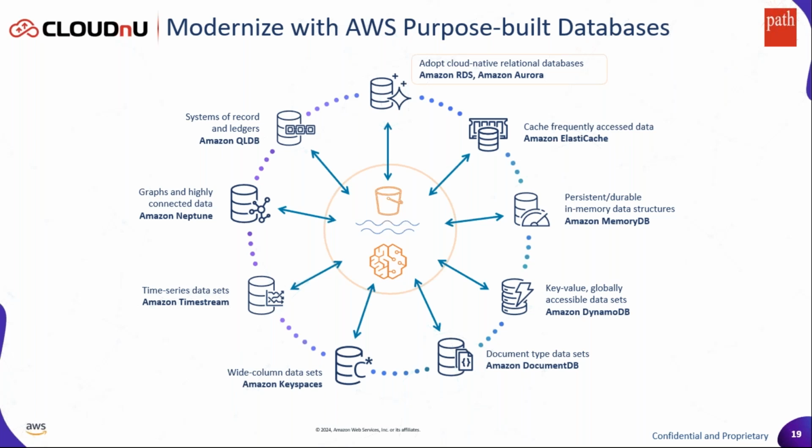So there are various options, and we call these purpose-built databases, which means that when you're modernizing or you're building something new or you're refactoring your application, look at the right data store for that offering and then choose. So typically 80% of the customers run relational, which might still be a very good fit, but there are those 10 to 20% applications where relational might not be the best choice. So in those cases, you start your modernization right with managed databases instead of building something that you manage and then migrating. So definitely consider looking at the various purpose-built databases.